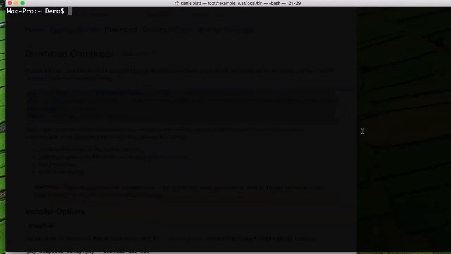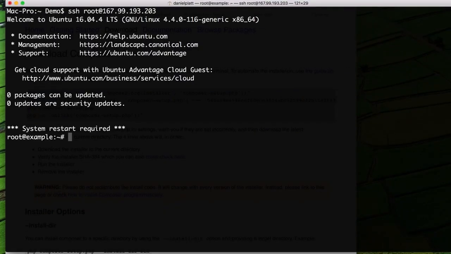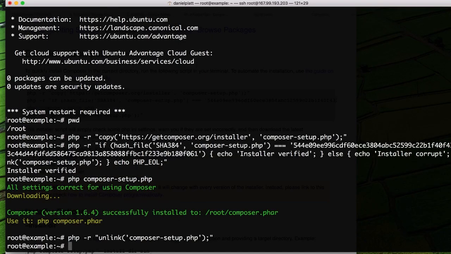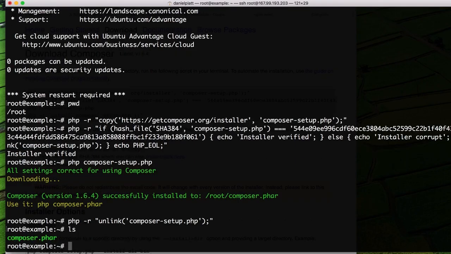And let's go over to the server. And where are we? We're in our root directory, which is great. So we paste all that in, and that should give us a composer.phar. Now, you can use that, but you need to make it more accessible for every user of your website. So the first thing we need to do is we're going to move it